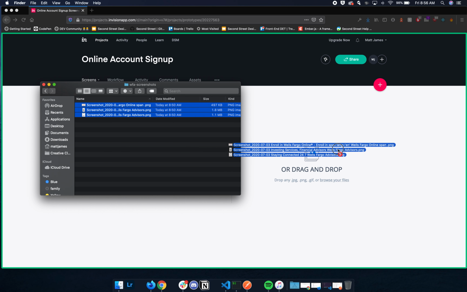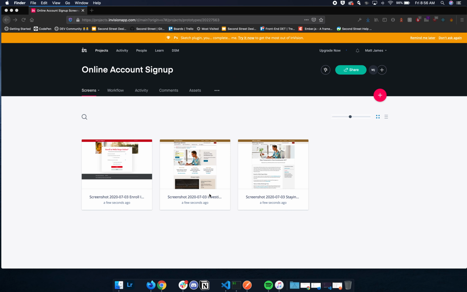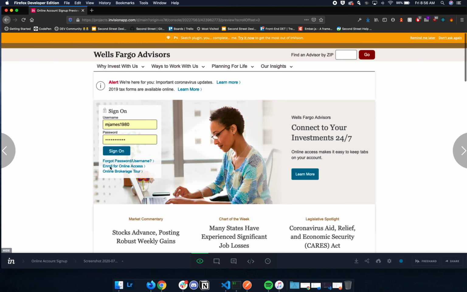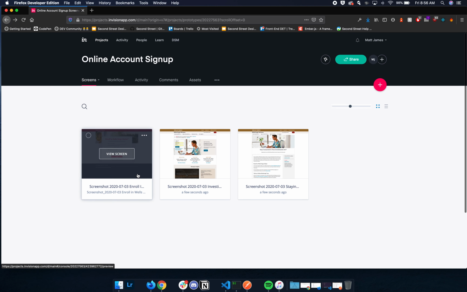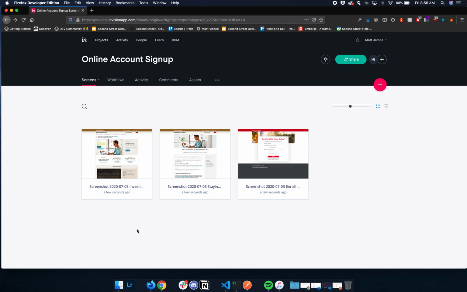And select all of these, drag them on here. And now I have the basic screens of my prototype. So what I want to do is I want to reorder these. Let's go back here. And I want to put this one as the last point in the user flow. Okay, so now that I have my screens in the order that I want to test, I'm going to open